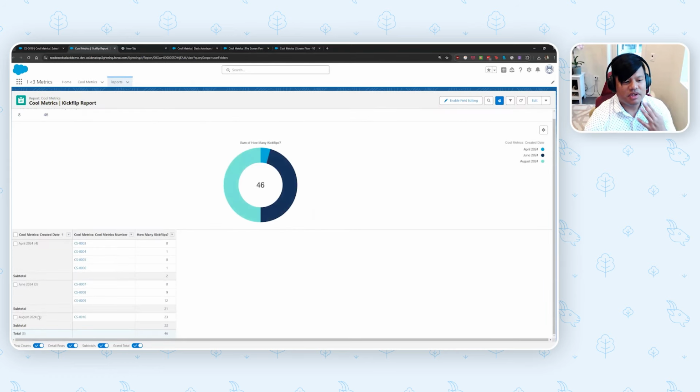There it is. August 2024, I did 23 kickflips, which is a marked improvement from April, where I only did 2. That's how we can use Slack Workflow Builder and Salesforce to make sure that our data is always going to be up to date, and we can meet our users where they work.